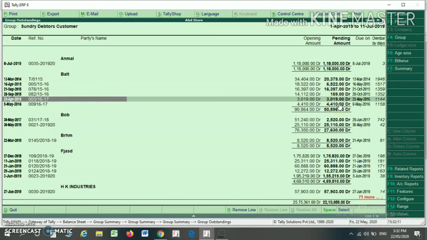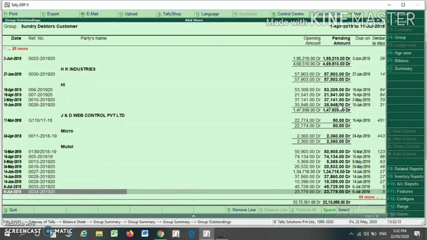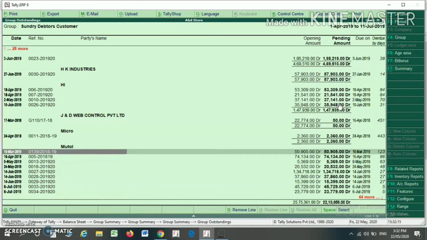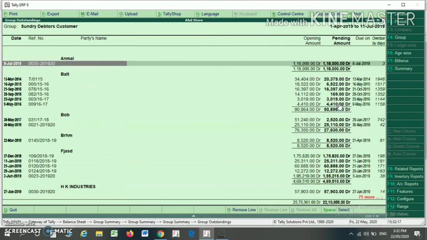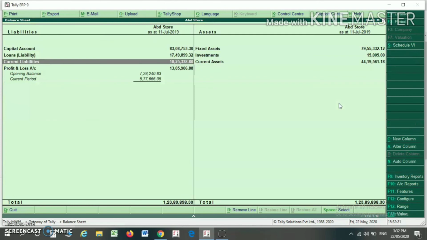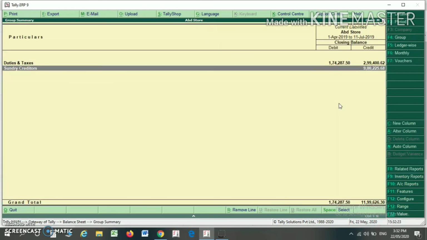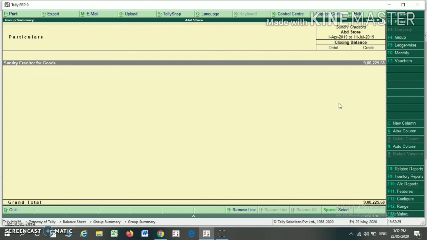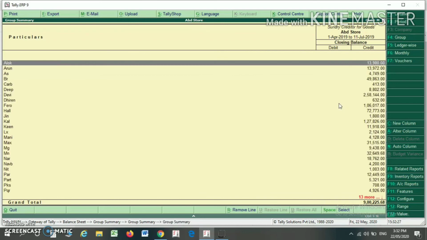So in this way you can analyze your bill-wise detail report in your Tally ERP9 software for a particular group. Suppose you want to see the bill-wise detail for your creditors group, then just go to the creditor group. Here this is my creditor group summary for a particular period. Now I am selecting F8 related report.